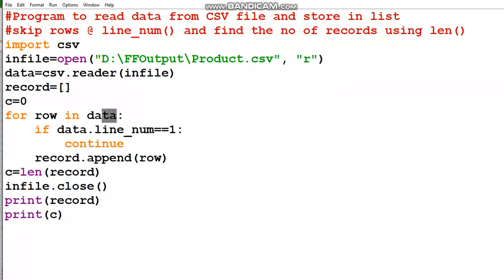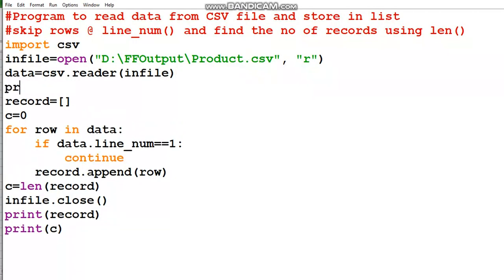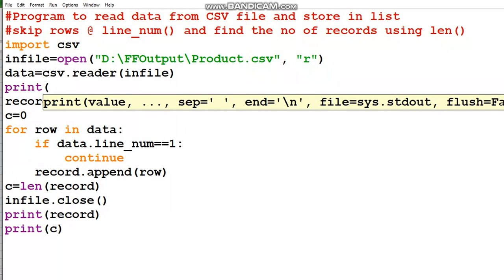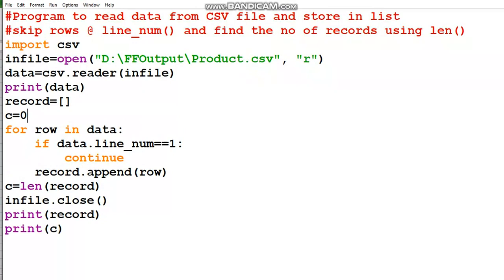Right now if you print the data variable after this, you can just test it. I'm not printing right now, but you can do it, and you can know what details the data variable is storing. So the data variable here is storing, along with the header record, all the other 4 records stored in product.csv.